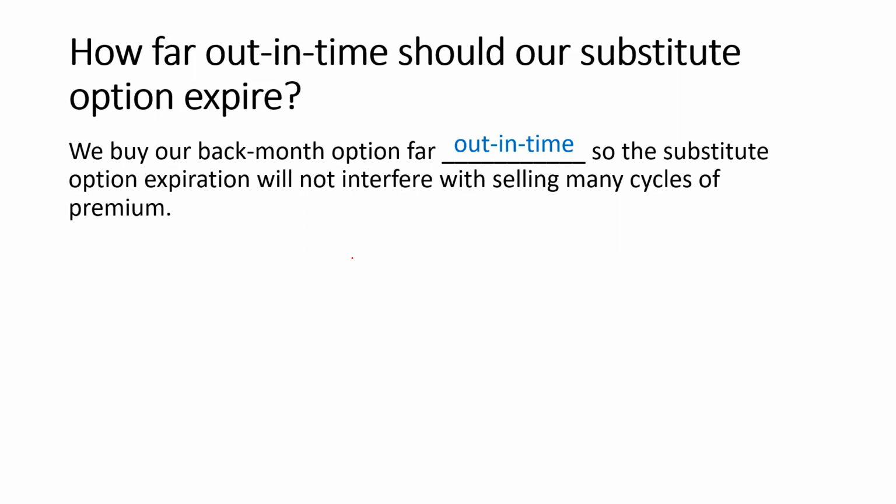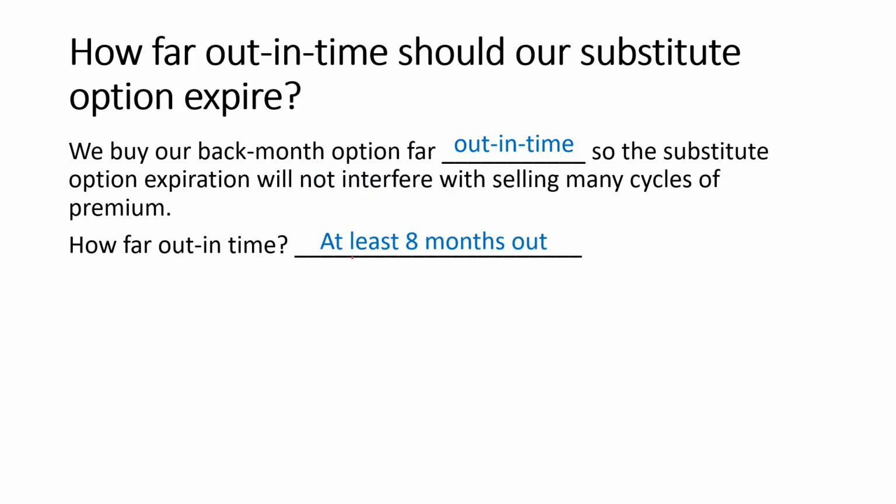From their portfolios, the average position goes for 5 months. Now, if you look at the bell curve, it's a very flat bell curve. Some positions go longer than 8 months and some positions only last 2 months or less. But 5 months is what we target. But because we know that some positions go out as much as 8 months, we try to have our back month option last at least 8 months.